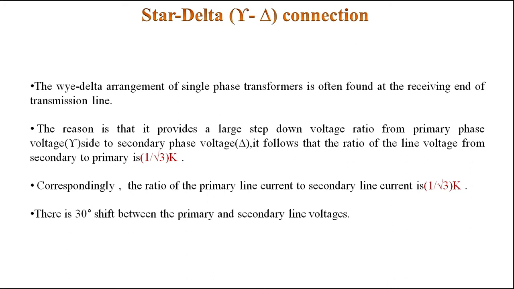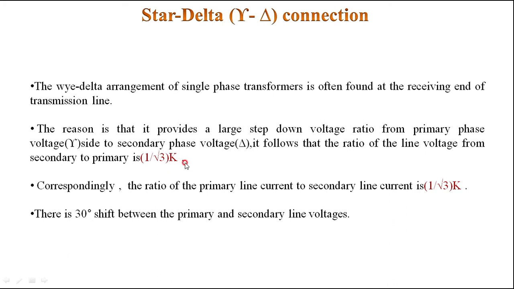That is why wherever there is a stepping down of the voltage from high voltage to low voltage, in that connection we are using the star delta connection. That is why Y delta arrangement of a single transformer is often found at the receiving end of the transmission line. The reason is that it provides a large step down voltage ratio from primary phase voltage side to the secondary phase voltage. It follows that the ratio of the line voltage from secondary to the primary voltage is 1 by root